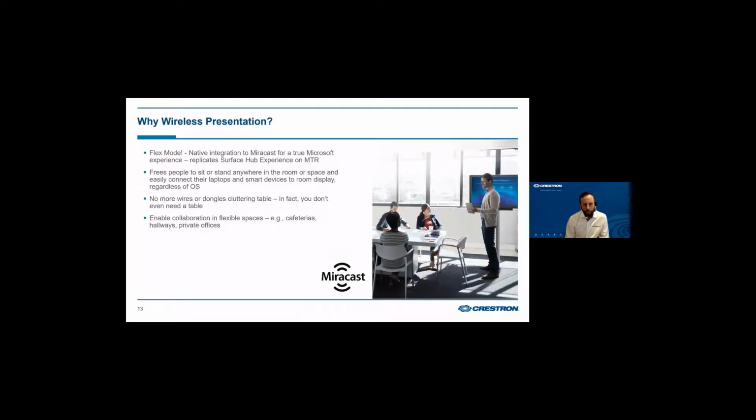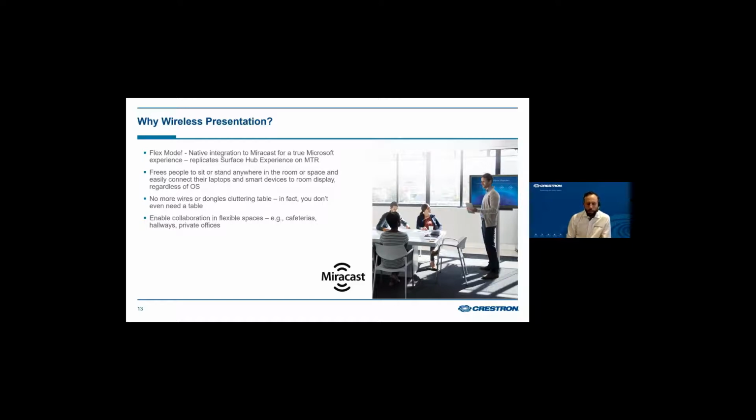But when we're looking at an MTR environment, including an AirMedia into the MTR install really does expand on the capabilities. The first and most important one is that now we can provide you with a truly native Microsoft screen sharing capability, very, very similar to what you would get if you were using a Surface Hub, because the AirMedia has had a recent upgrade to use Miracast. So in typical operation, you can walk into a meeting room and you can hit Windows and K, and you can find that room and you can push your content to the screen natively without any cables or any issues whatsoever. And you can do that obviously outside of a Teams meeting.